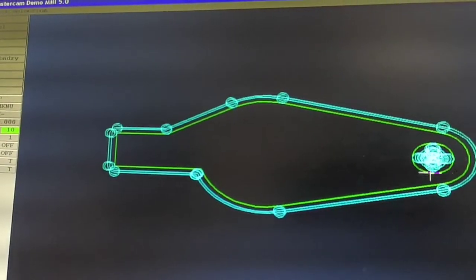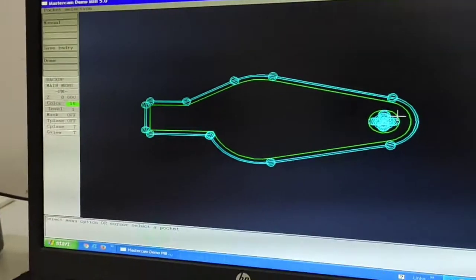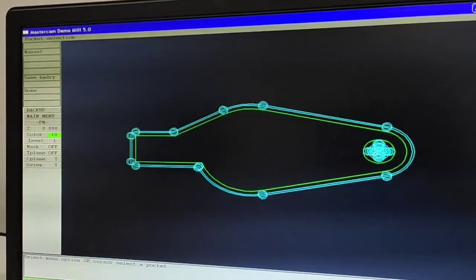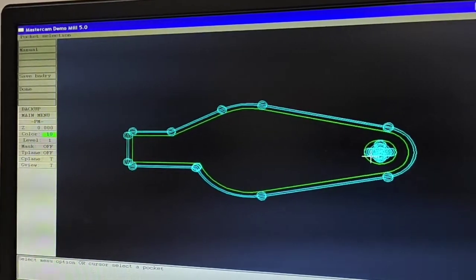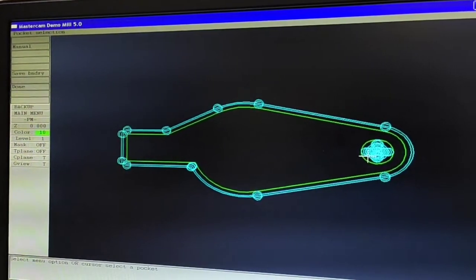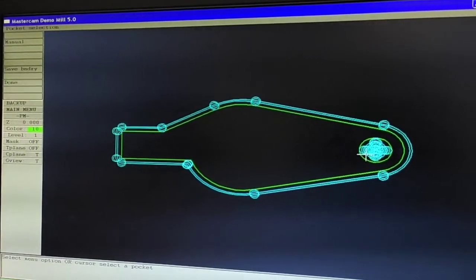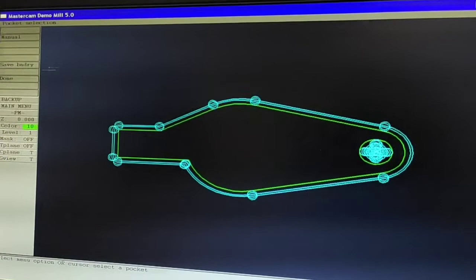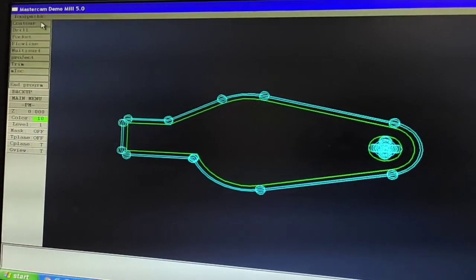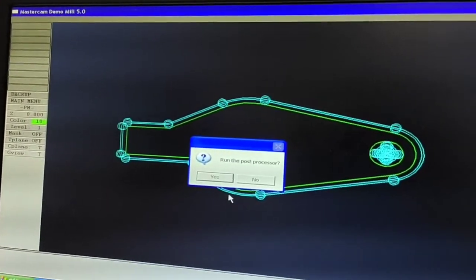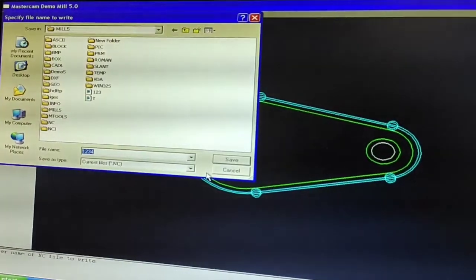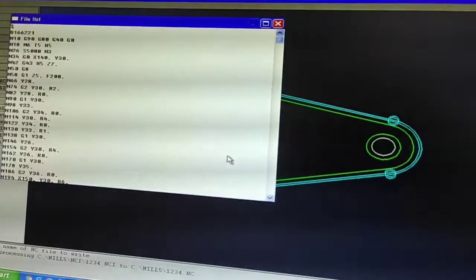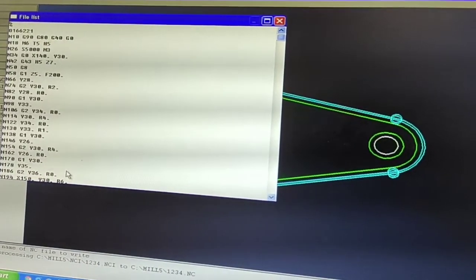So this is the pocketing option. Pocketing means that up to the circle, the total area will be removed for the particular depth. Particular depth means we are entering 5 mm depth in the Z axis, so up to the 5 mm depth, the total area will be removed. This is the pocketing. Done. Yes. End program. Run the post processor. Again save. First one is NC. These are the NC files. So this is the pocketing program.